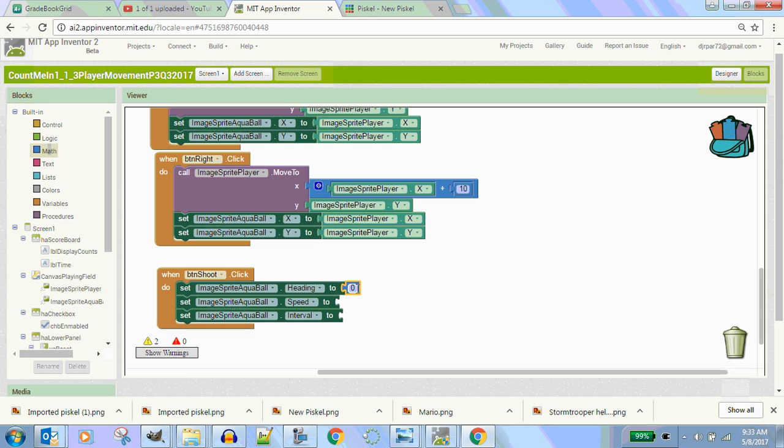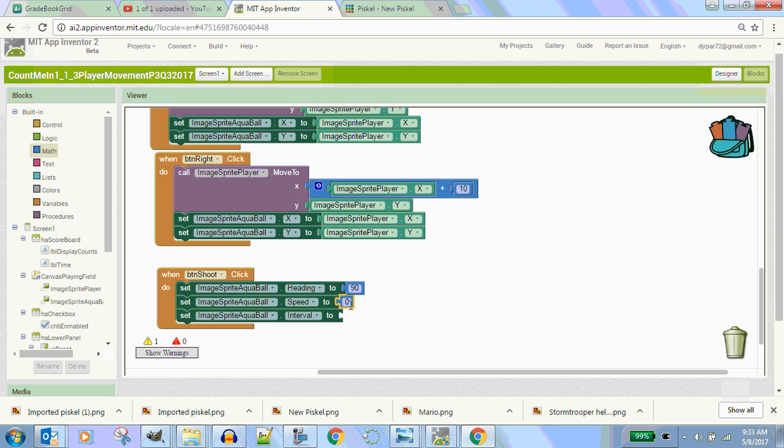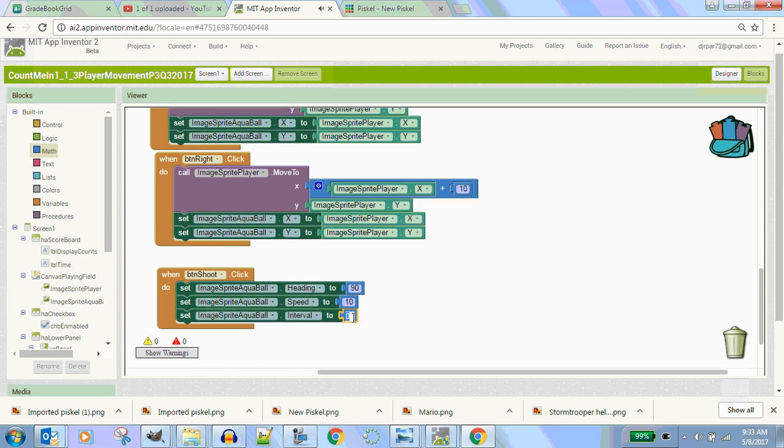So if I wanted him to head north, I could say, you know, go 90 degrees and go north. Okay, and then I could come down here with my math blocks and say, okay, speed is going to be 10 pixels per interval. And then the interval is, you know, do you want a second? Do you want a tenth of a second, 100? Or do you want 10 here? So you probably want something like 100. Okay? So every tenth of a second, you're moving 10 pixels. That might be slow, actually. So you might want to go,